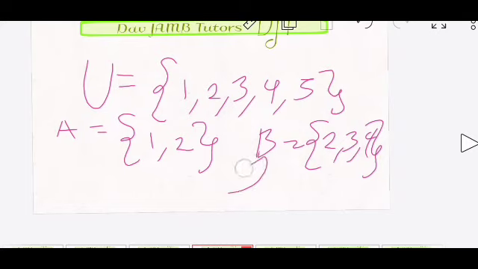If they ask this kind of question, it means that you are going to look at B, look at the elements inside of B. If it matches what is in the universal set, then it is not an empty set. But if it does not match, then it is an empty set relative to the question that was asked. Normally, if we look at it, B contains elements of the universal set, so it is not an empty set. But if the question they asked was that you should check if B contains the elements of the universal set, if it doesn't contain it,